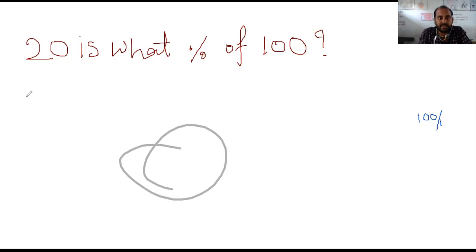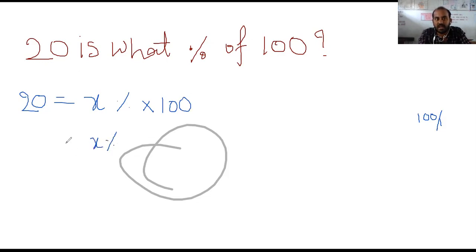See, 20 is here. Instead of is, I can write is equal to, right? X percentage of into here 100. Up to here clear? Then I have to find X percentage, and the remaining number goes to the other side. This is 20, and the 100 comes to this side. 100 by 100, right? Then cancel it. In simplification, if the unit digits are 0, you can cancel directly. Then the numerator is 2 and the denominator is 10.